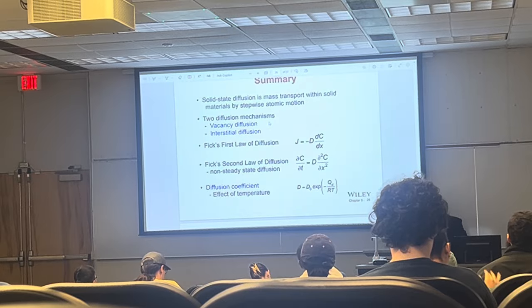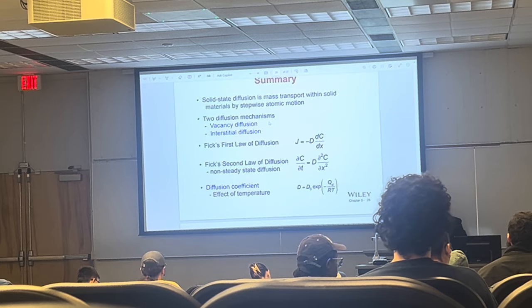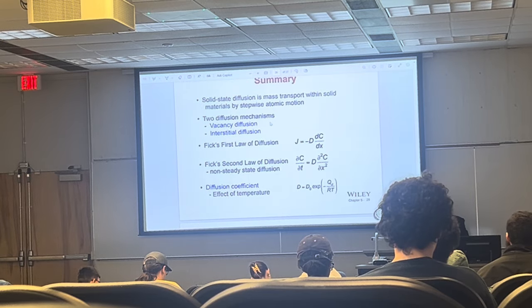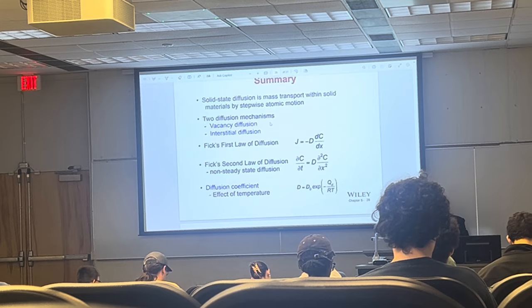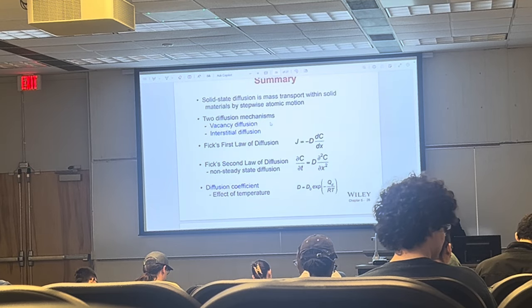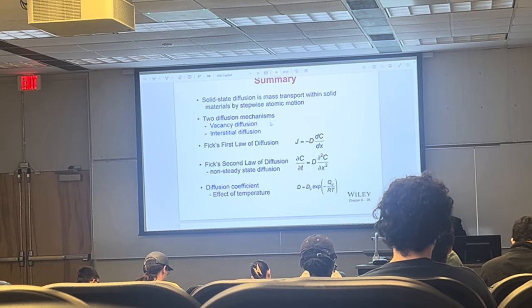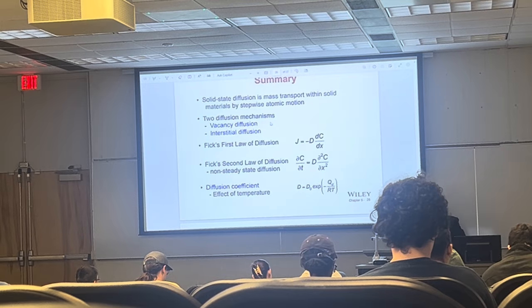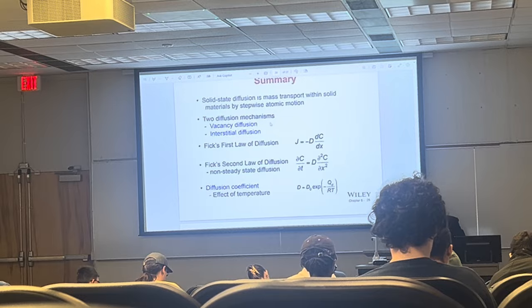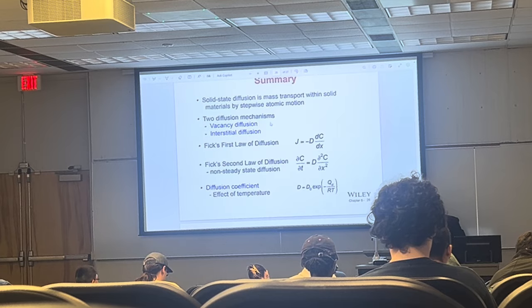What's a vacancy diffusion? You need to have an empty spot right next to you so that you can move there. But if you were a squirrel, you don't need an empty spot. You can just jump between the positions here. Which one is going to be faster? Interstitial diffusion is always going to be faster, because it does not require presence of the vacancy, and the concentration of the vacancies is controlled by